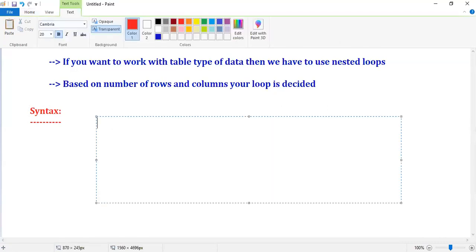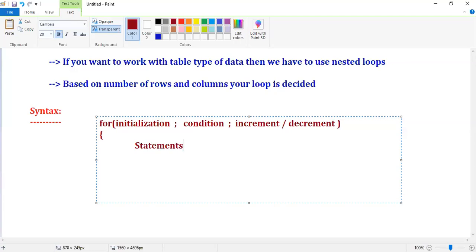Our syntax is, observe, for, initialization semicolon, condition semicolon, increment or decrement, in brackets. Here if you have any statement, you can write statements.